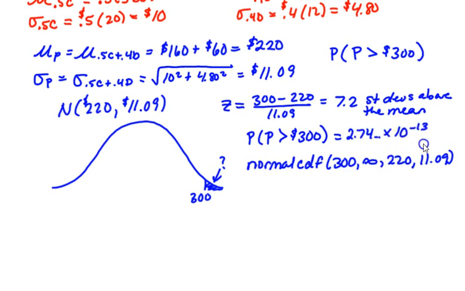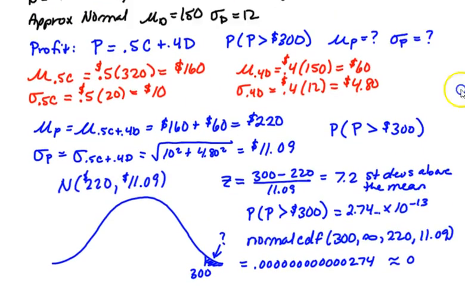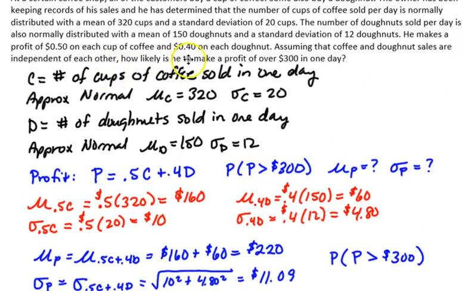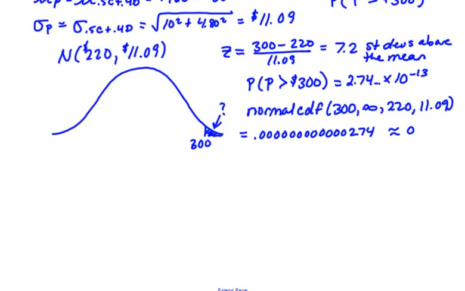That means 0.000000000000274. Highly unlikely. Basically about 0. So the question now is, how likely is he to make a profit of over $300? Highly unlikely. So according to the normal model,